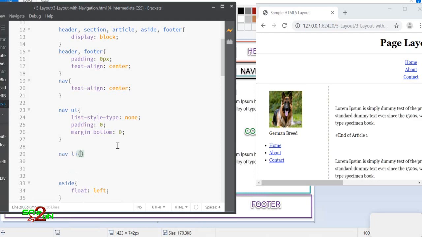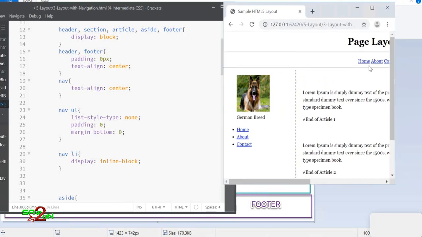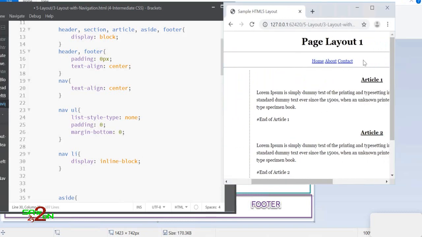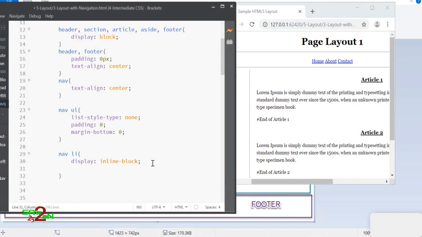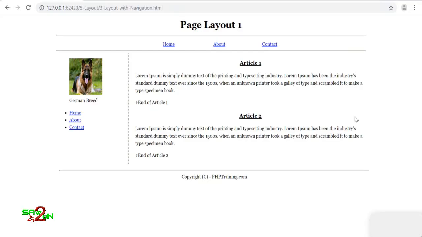Now we'll go to the list items. We have to display inline block. Remember, we have discussed that. Once you have the inline block, they are aligned line by line. Now you can control the margin and all those things. 0 0 0, and then 50 px onto the left, and they have the spacing there, and then you can add the width as well. They have the 100 px width, so it looks nice. Now you have a navigation bar where you can have the links, and the navigation bar is right after the header. Okay, so let's continue.